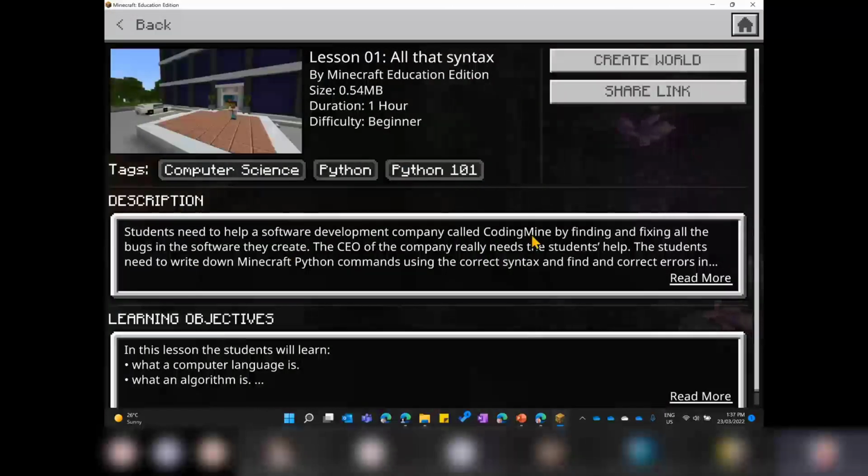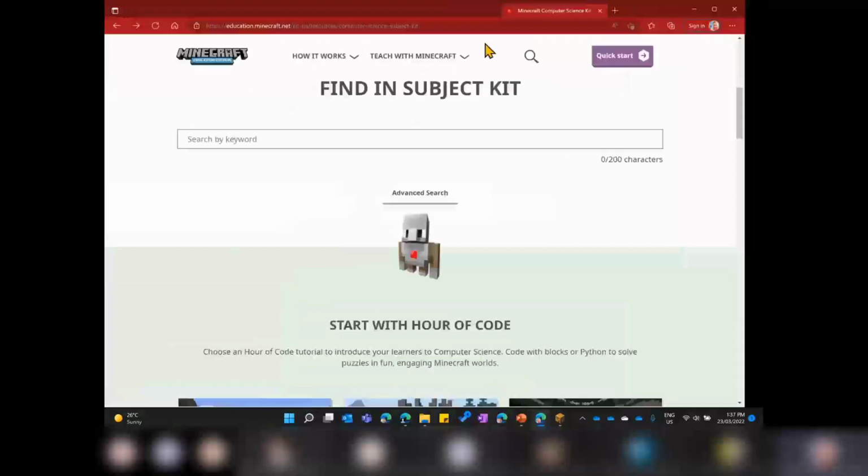And this is a really nice little series of lessons about finding bugs. And so the students are actually going to solve little problems and fix the code that already exists. I'm just going to show you, actually, these resources are online. So just before we go into the game, let me show you where you can get the teacher